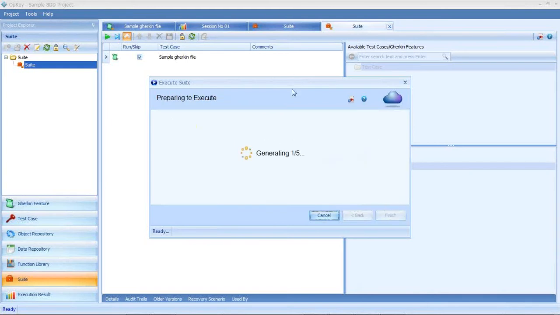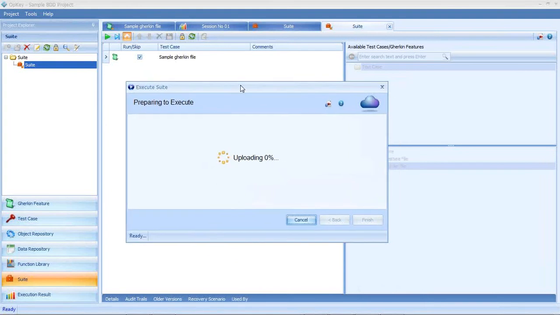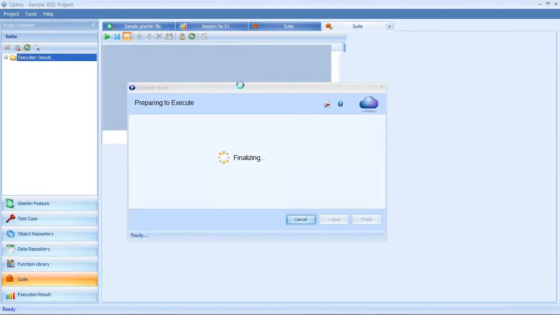So it will generate a new machine on Opkey Cloud. Firstly it will upload all the data which we have created in our test script on cloud, and then it will execute the flow, and after that you will get the result on your local machine. And you can also view the result on your Opkey Cloud portal on opkey.casterglobal.com. So this is creating a machine. It will create a new machine on cloud, and then we can also view the live screencast of the execution. I'll show you how it works.